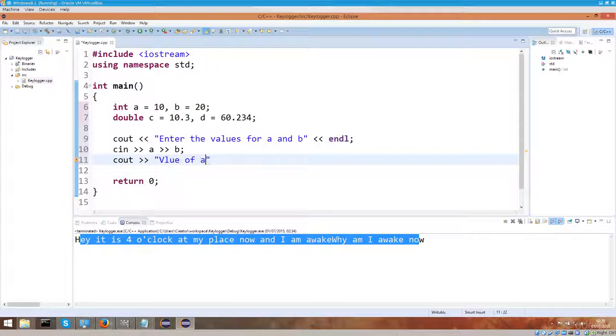Value of A, colon space, and then we're gonna do less than endl, because we would like a new line,